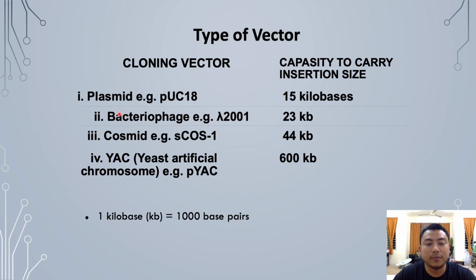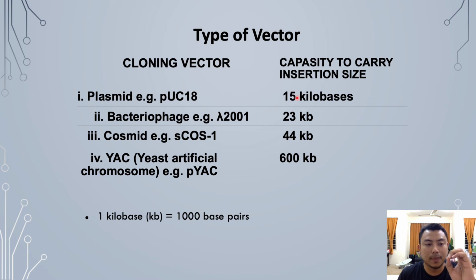Okay, so we have the first one, plasmid. Just now I mentioned plasmid earlier in this video. So plasmid has many variants. The one that is commonly used is pUC18, and its capacity to carry insertion size is 15 kilobases. Okay, what does this mean? Plasmid is only a small section of circular DNA found in the E. coli. Since the plasmid is only small,